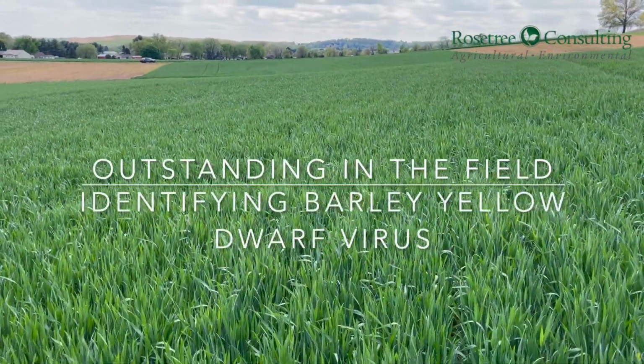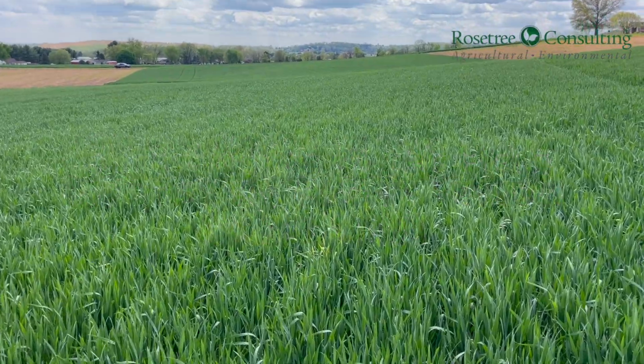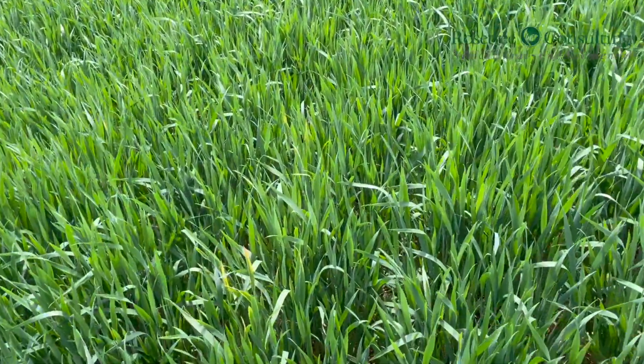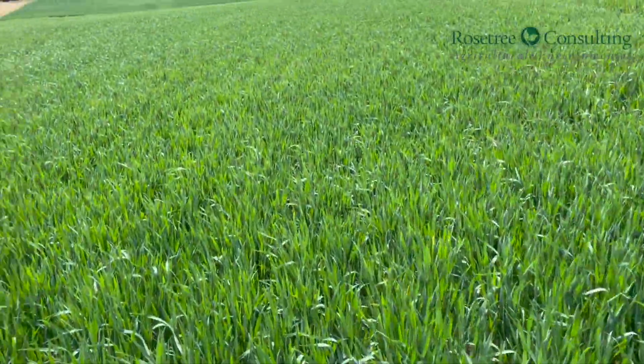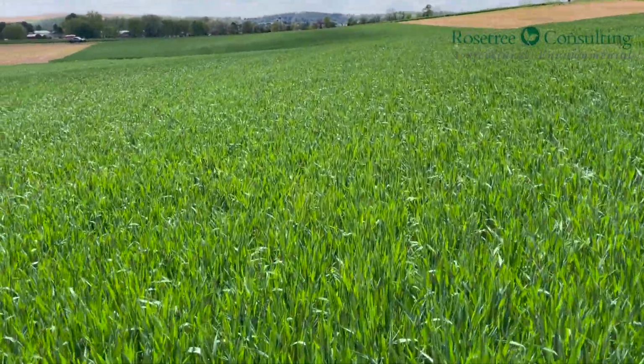Here we are out standing in the field once again in a wheat field. We were in wheat the other day looking at some leaf diseases. Today I want to focus on that. You'll be walking across your wheat fields and you'll notice a plant or two that has yellow discoloration, and they're